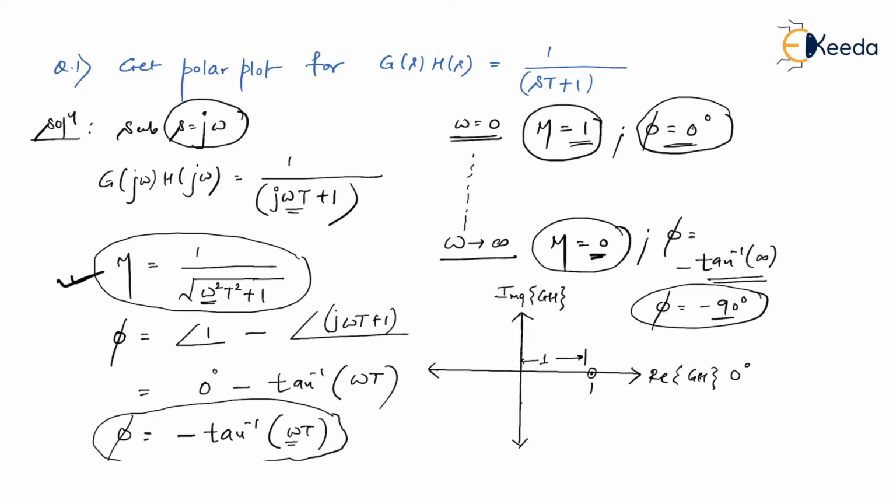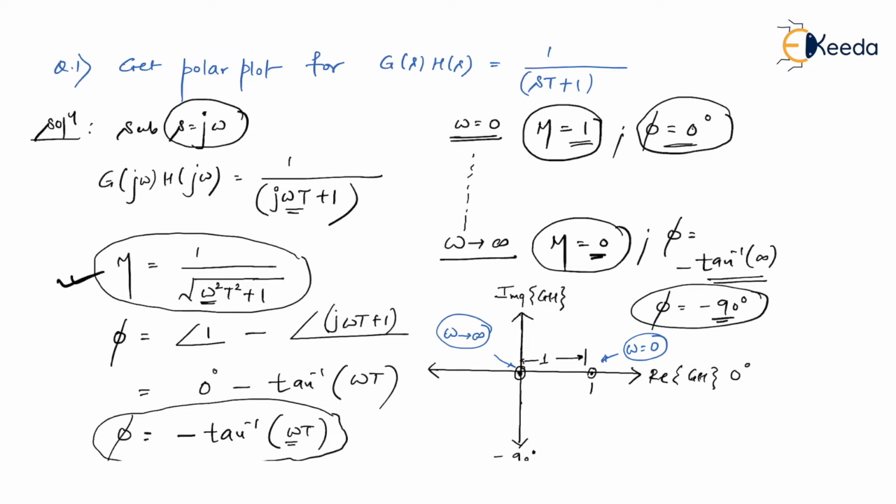But look at the angle, it is minus 90 degree. And you know the fact, the minus 90 degree is somewhere over here. So we have 0 over here. So now I got 2 points, that is omega equal to 0 point, omega equal to infinity point. So let me mark them. So this point refers to omega equal to 0, that is nothing but the starting point of the polar plot. And this is omega tending to infinity, that is nothing but the final point.